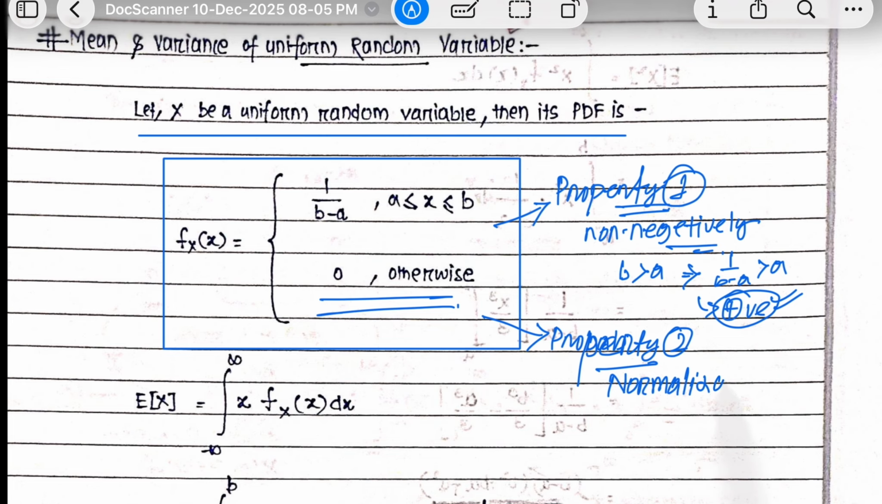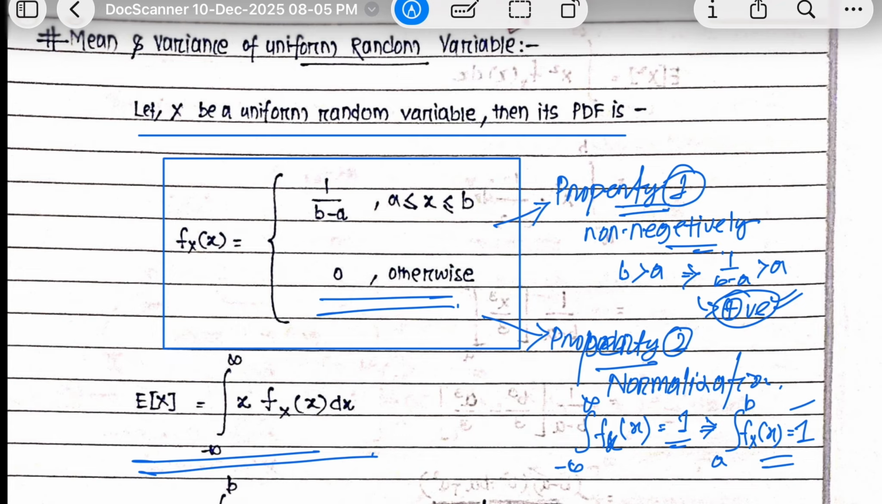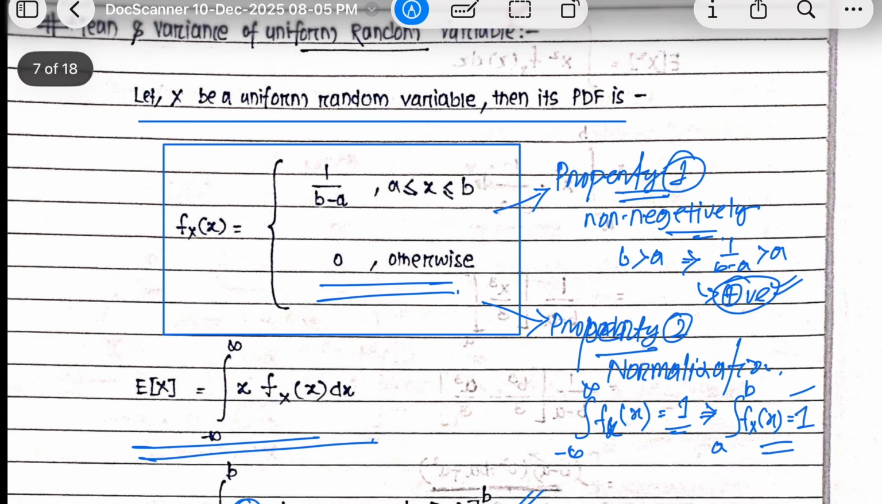Normalization proves that the integration from minus infinity to infinity of f of x gives 1. So extending this, the integration from a to b of f of x gives the value 1, otherwise this is 0. So put this in, and now the expectation will be simply x multiplied by 1 by b minus a. We have done the expectation. Okay,